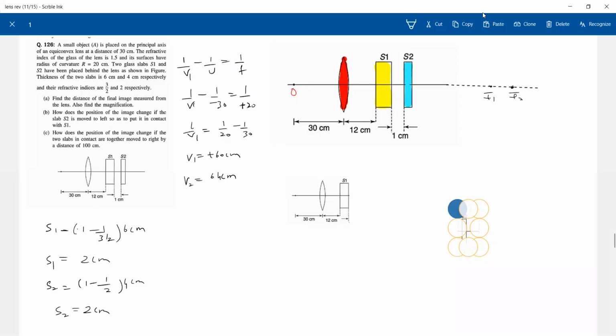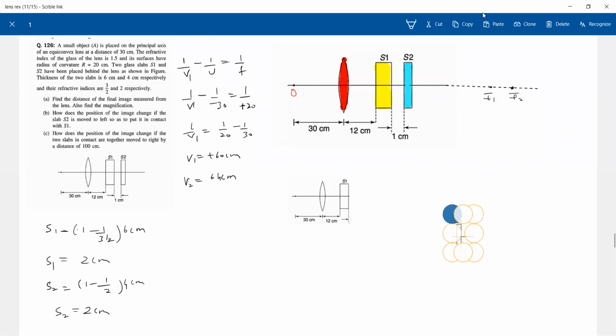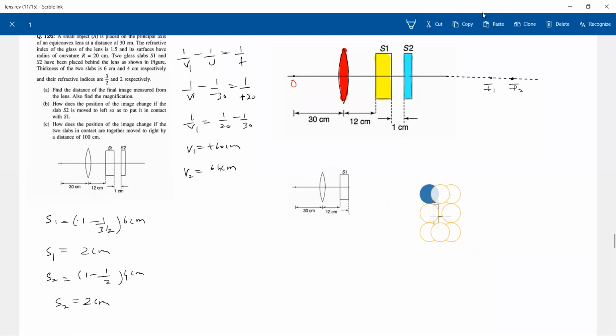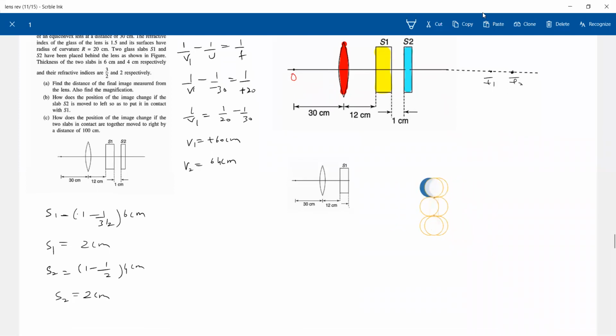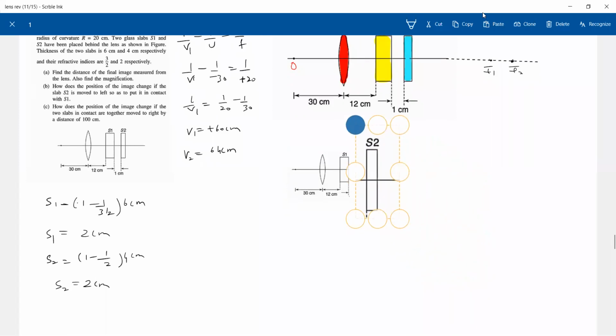Why? Sir, the final image is formed at some distance I, then it will shift in front only, no, sir. No, you just tell me shift in what direction you measure. Any rule? No, sir. But when I drew the ray diagram, I'm getting shift in the left only. No, don't draw ray diagram. Tell me what is the basic idea? In what direction the shift will be there?